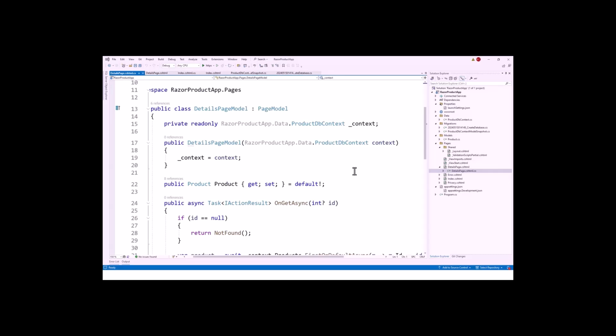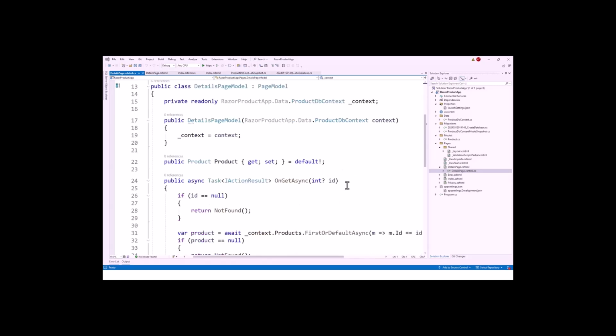So this actually suppresses the warning that it cannot be a null value, so although it is non-nullable, it suppresses the warning, even if it is null. So on get async, it accepts an integer ID which is nullable, which actually should be non-nullable. All right, anyway, it is automatically created by the